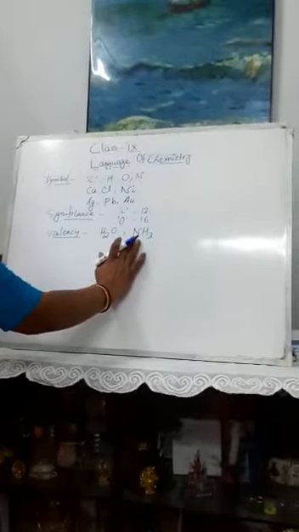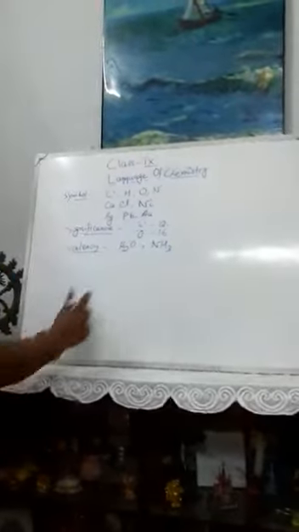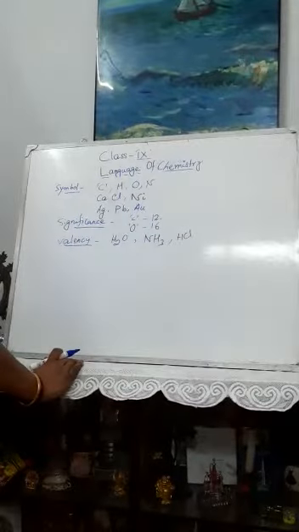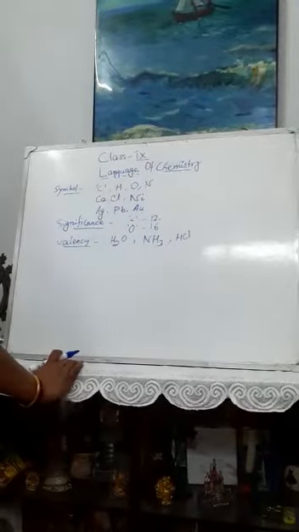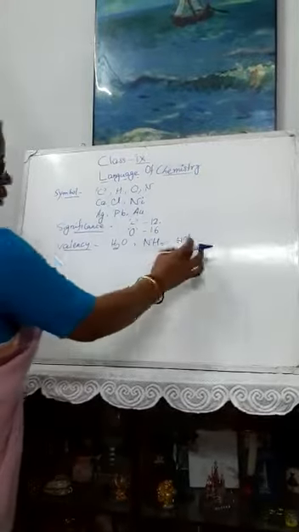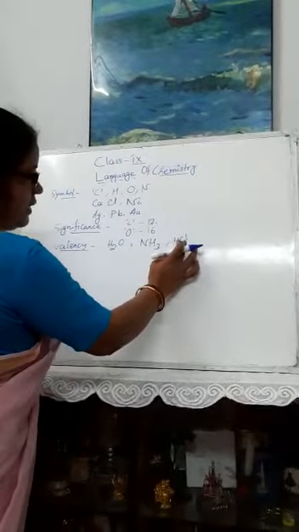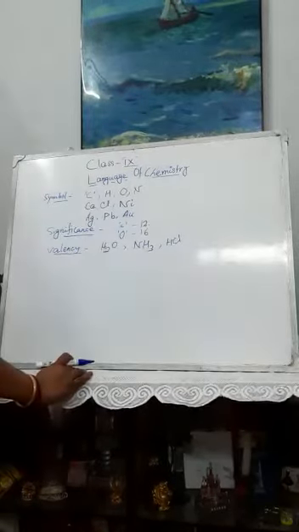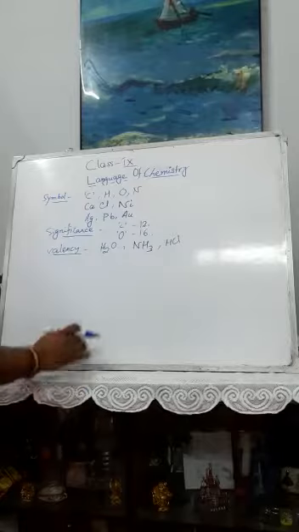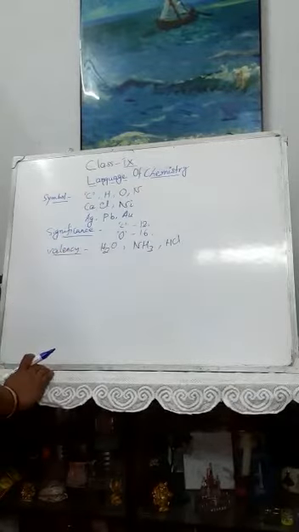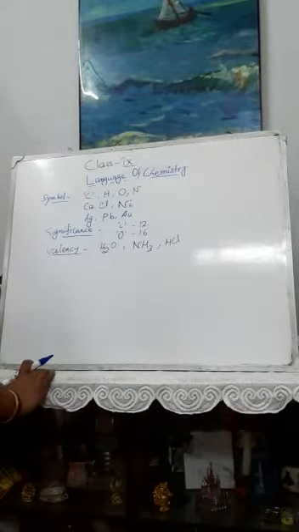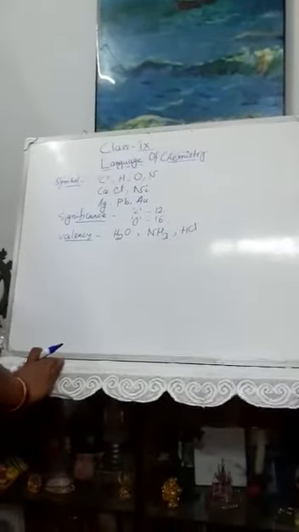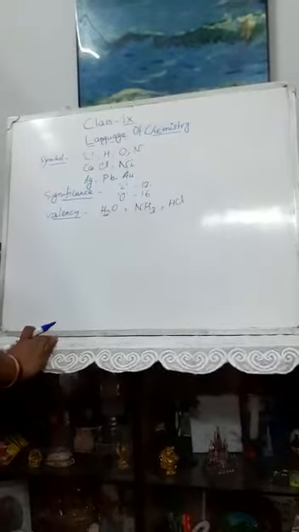If we write NH3, now one atom of nitrogen combined with 3 atoms of hydrogen. So what is the valency of nitrogen? It is 3. If we write HCl, this is hydrochloric acid, or in the gaseous state it is said that it is hydrogen chloride. And one atom of chlorine, you can see that it combines with one atom of hydrogen. So the valency of chlorine is 1. So in this way we know the valency. This also you have to remember now in this class. So you have to remember the valencies of the substances or elements or radicals, etc.